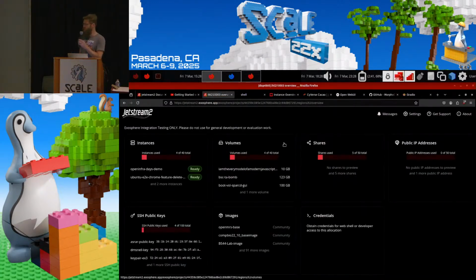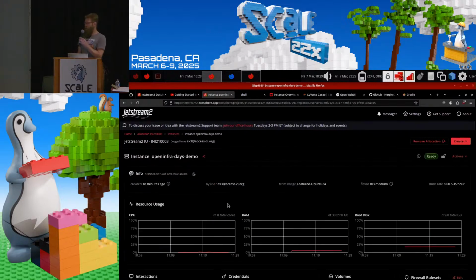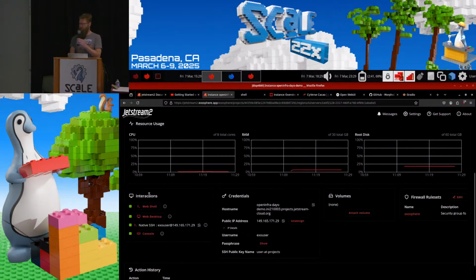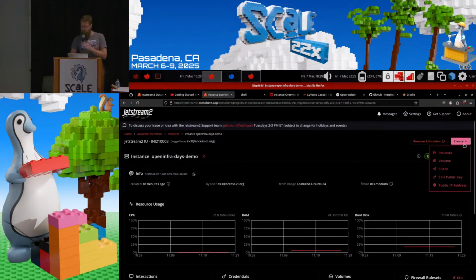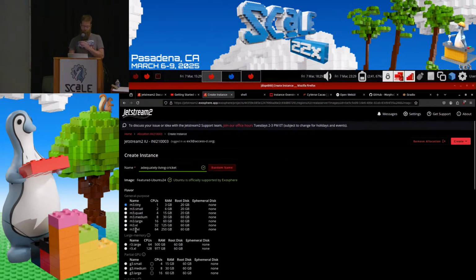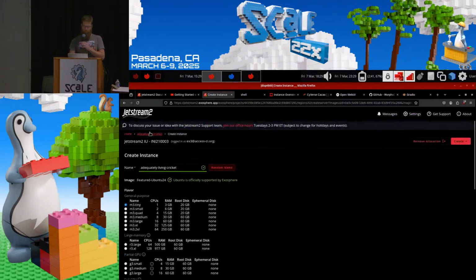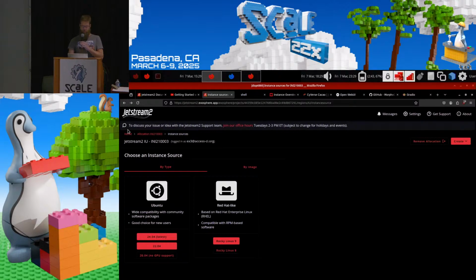And they can have a look at how it actually works. So this is the primary user interface for Jetstream. It's called Exosphere. It's an open source project that a friend and I started to help researchers use OpenStack more easily. So if people are familiar with Horizon, like how do we not hurt researchers by giving them Horizon? This is a way to provision resources like this, creating like a new instance, a volume, shared file system, all of those sorts of things, and makes it really easy. So if I go instance, you can choose a flavor, an operating system, and you can give it a name, choose the flavor, GPUs, things like that. Choose a disk if you want, all of these things. And you end up with an instance like this,